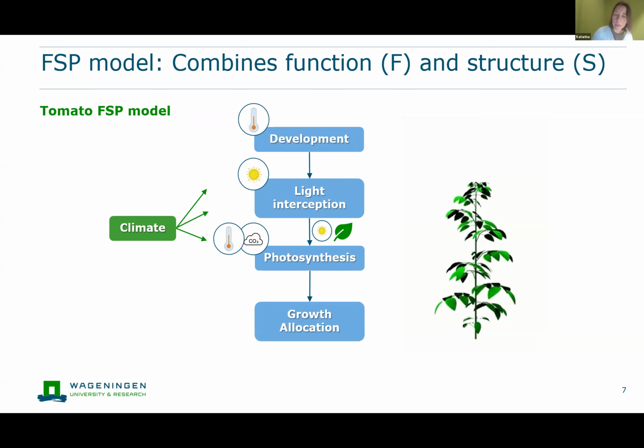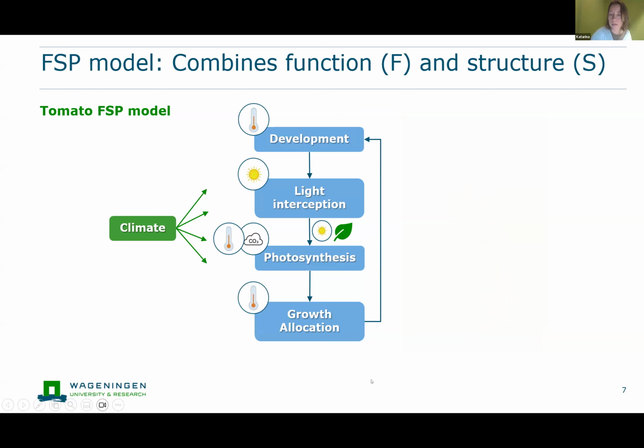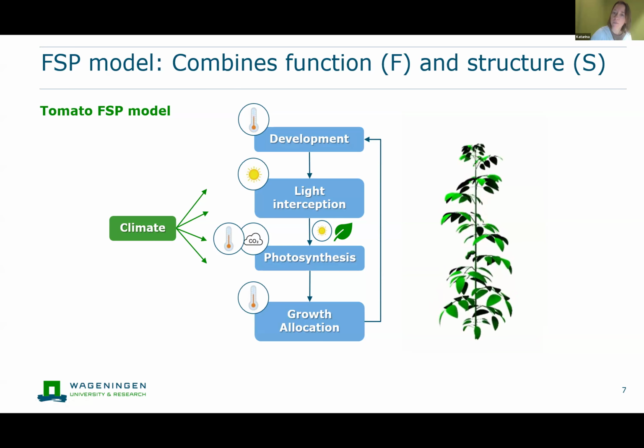And then we look at how we allocate these new assimilates into individual organs. And the result is the individual organs grow and change their dimensions, their size, depending on the amount of assimilates. This is also driven by temperature. This is at one time step, and if we repeat this cycle, the result is dynamic growth. And here is a small simulation. So starting from a seed, we can simulate then the growth of a tomato plant in response to